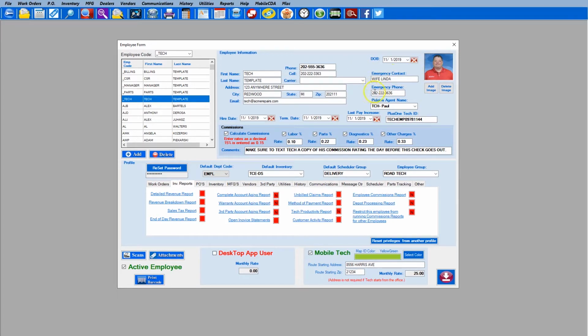We have emergency contact, the phone number. Now here's another one we want to pause for a moment. This says CDA Pigeons agent name. So what can happen is this tech would have mobile CDA Pigeons